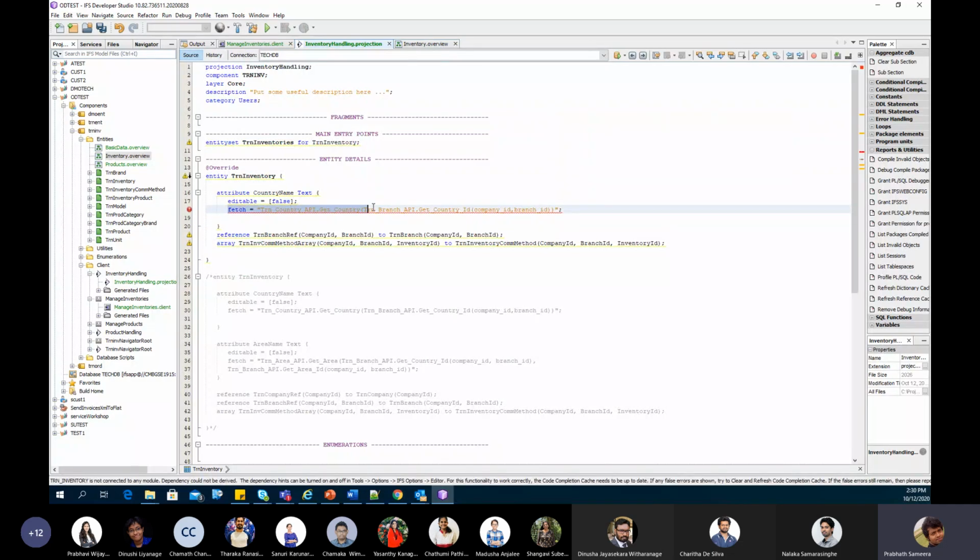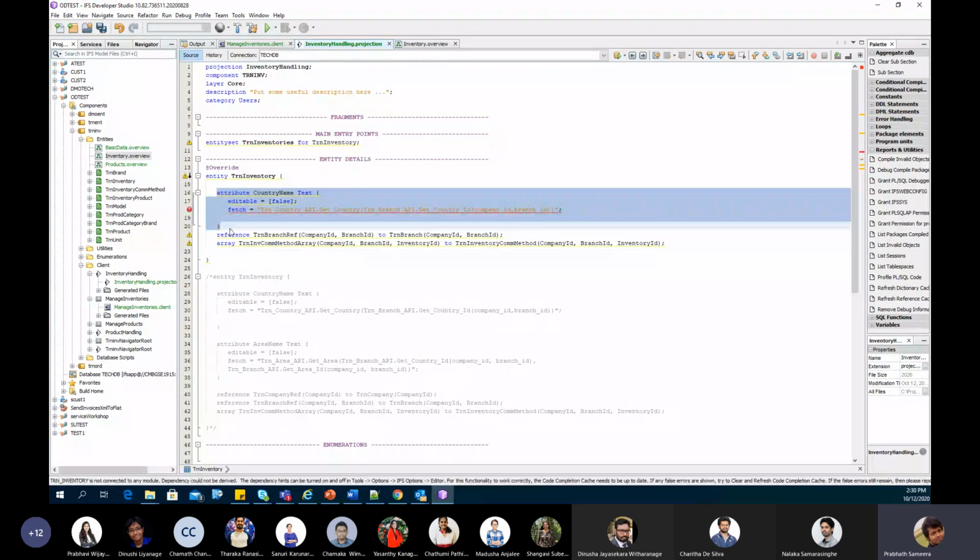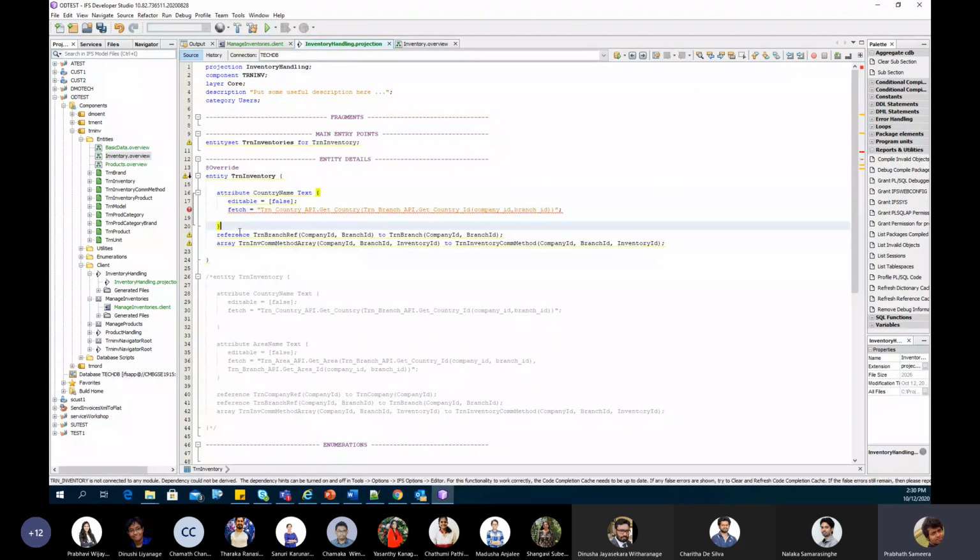Actually, this could reduce the performance in these projection files, and so in the developments we use this option as the last option when we need to